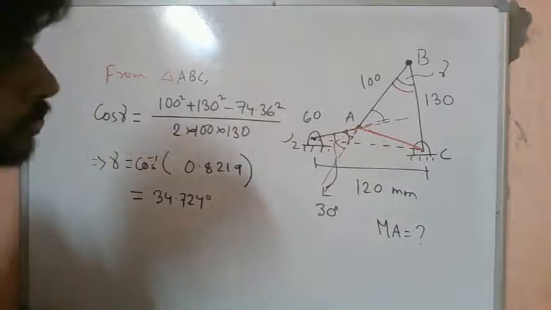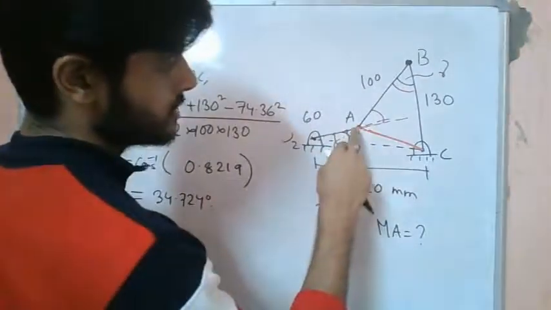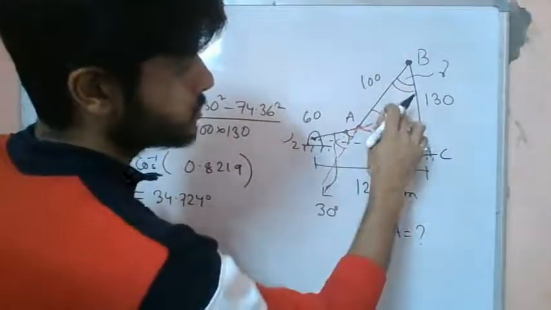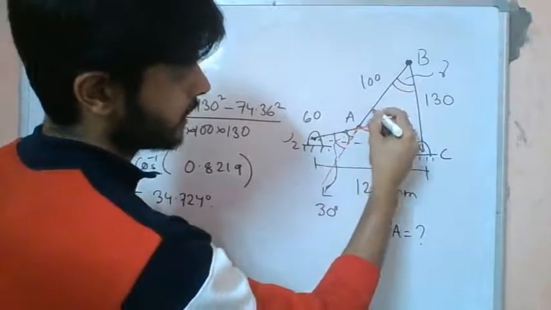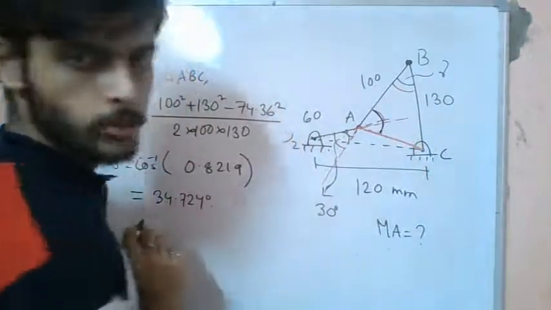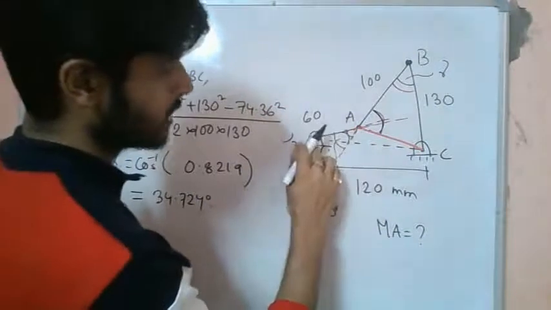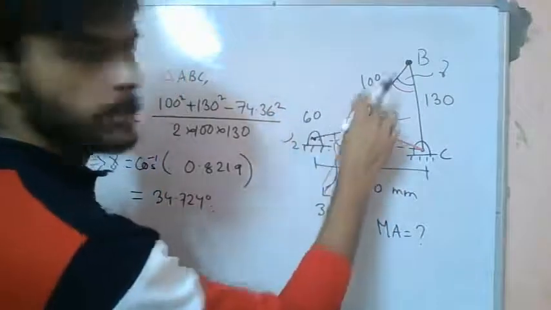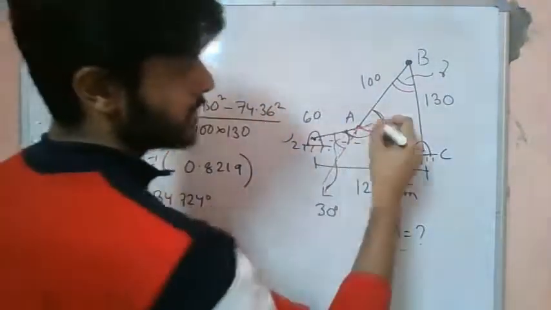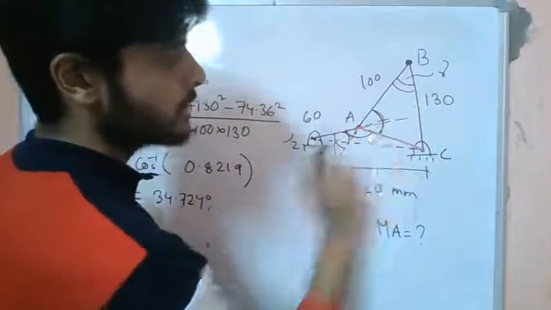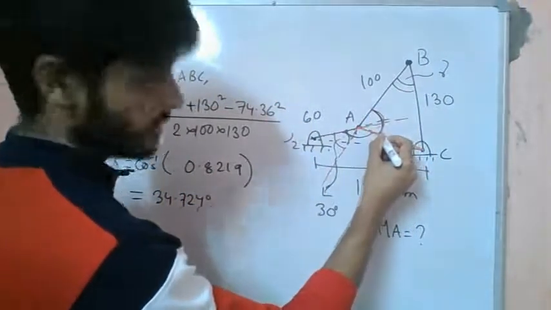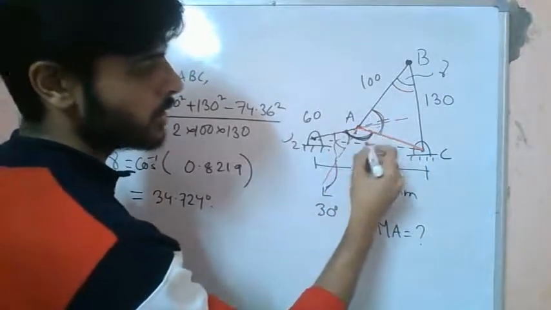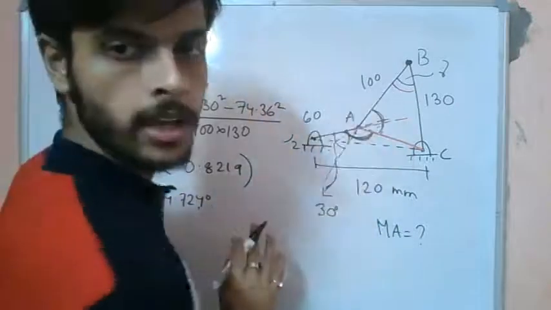Now we are required to find this angle between this link and this link. How do we find it? We will separate it into two parts. First, we use triangle ABC with the cosine formula to find this angle, and then we use triangle O2AC with the cosine formula to find the other angle. The sum of these two angles is the angle between the links O2A and AB.